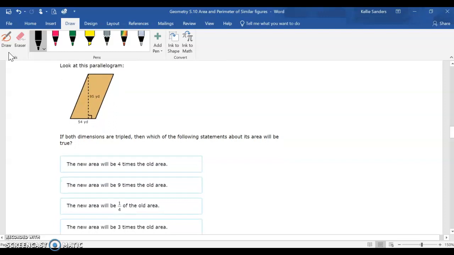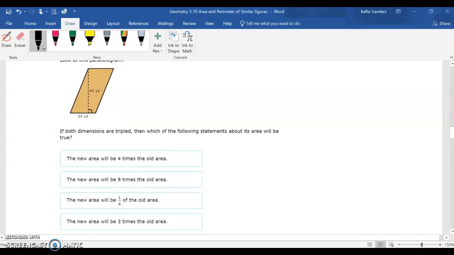Look at this parallelogram. If both dimensions are tripled, then which of the following statements about its area will be true? Okay, so let's see if we can figure it out. On this one, we're going to do the problem and then get a hypothesis of what's going to happen every time we have this kind of question. So it says if both dimensions are tripled. So if I multiply this by 3,